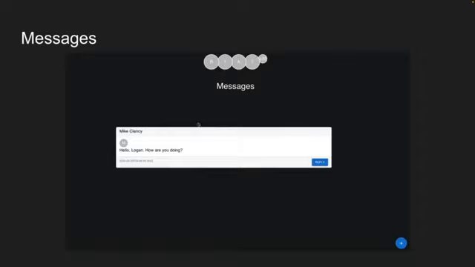The messages here also work pretty well too, where you have the opportunity to send a message to somebody else that you want to connect with, and you can say, hey, how are you doing? And then you can reply, send them a message, and it kind of goes down in a cute-like fashion where the newest ones are up here and the oldest ones down the bottom.